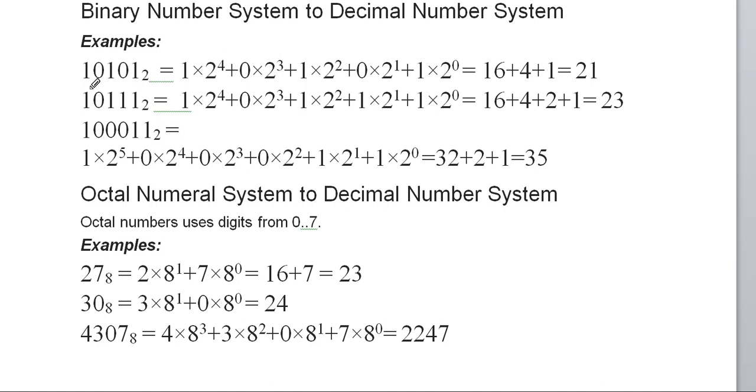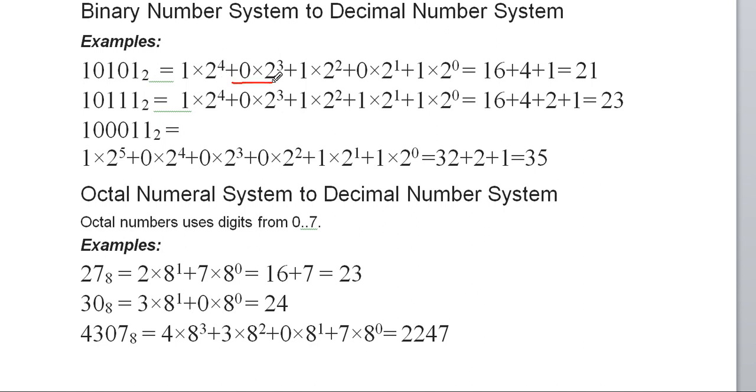So again I am repeating the same thing. First of all, you have to count the number of digits, or bits, contained by the particular number. Your number is 10101, and the number of bits it contains is 5. If your number contains n digits, subtract 1, so it will be n minus 1. The first bit will be multiplied by 2 to the power n minus 1. Here n is 5, so it will be multiplied by 2 to the power 4.